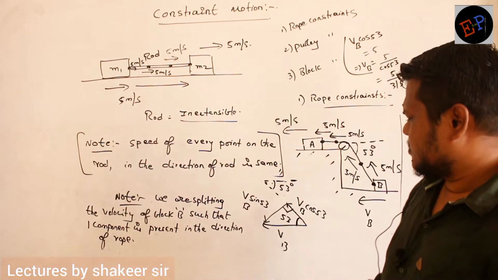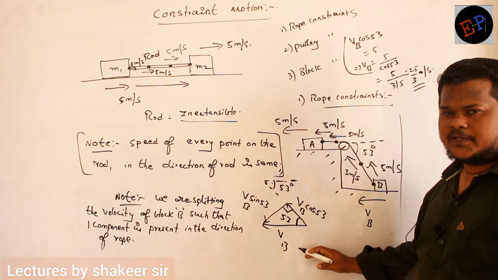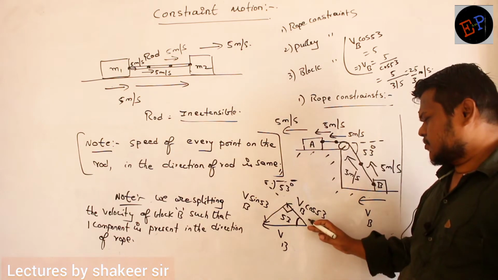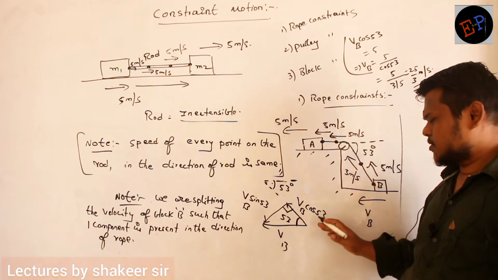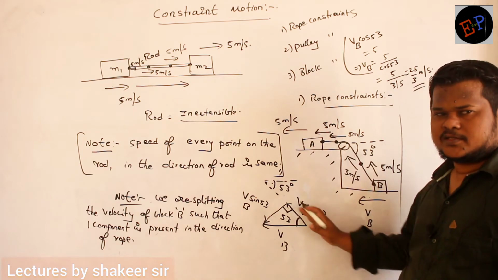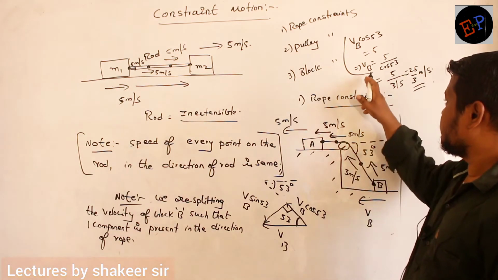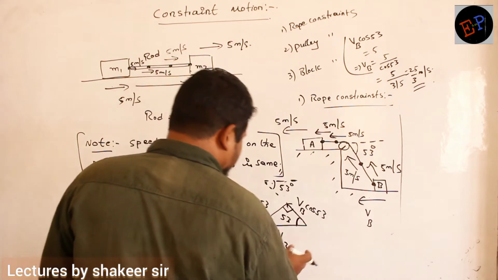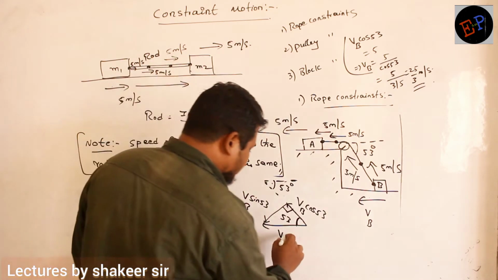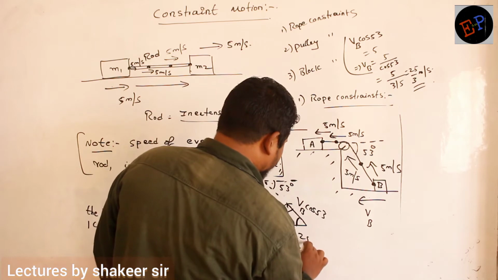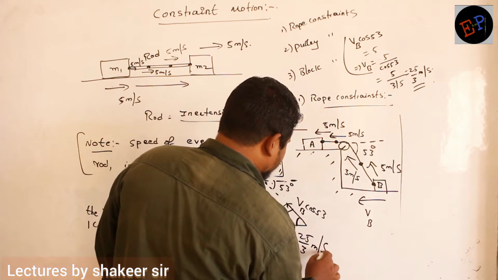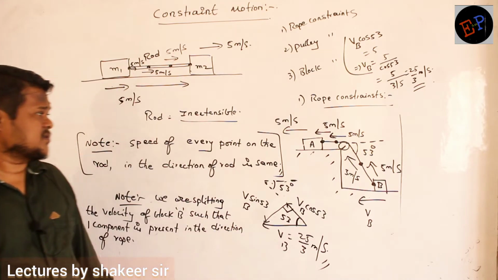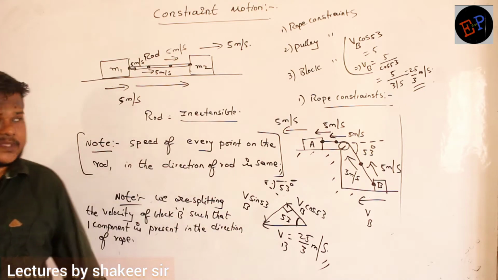Very simple concept. We are just splitting velocity VB into two components such that one component is present in the direction of the rope. So therefore, rope velocity already we know, no? So this point also should have the same speed in the direction of the rope. That's all. So therefore, I got VB velocity as 25/3. It means block B is moving in the horizontal direction with how much velocity? With a velocity of 25/3 meters per second. That is our answer. Understood? That's it. Make a note of this one. So that is our answer for the first question.